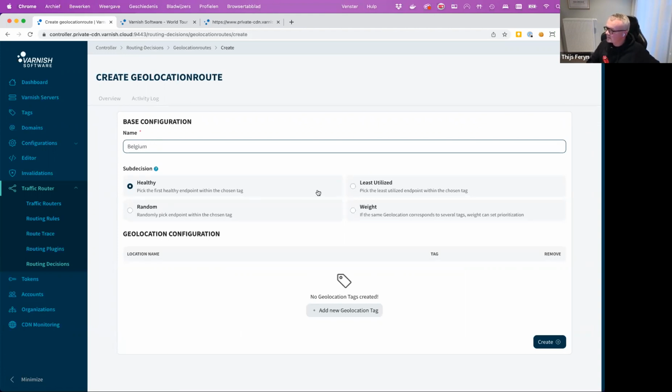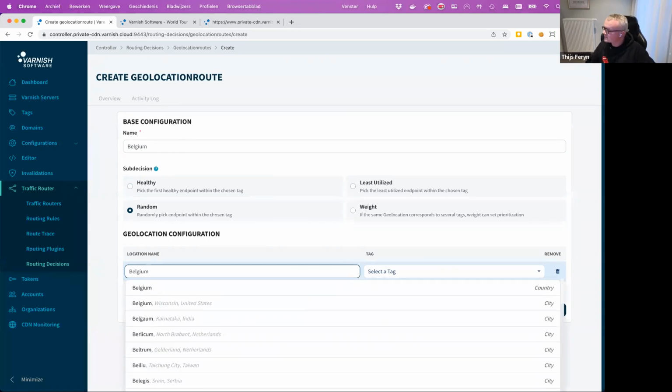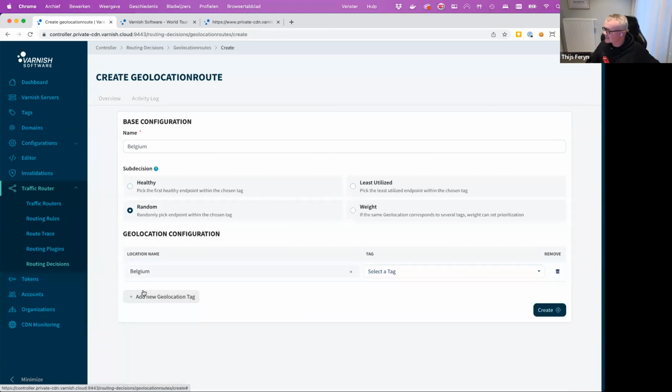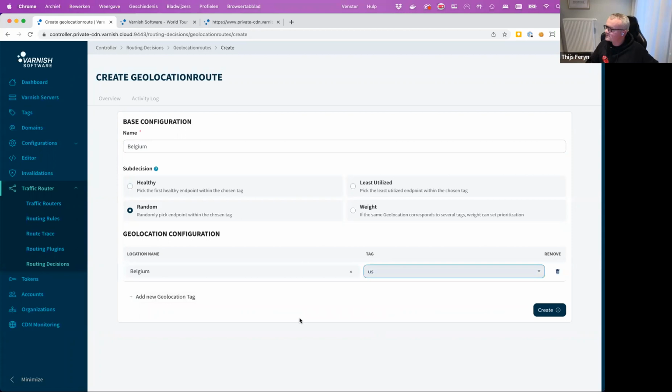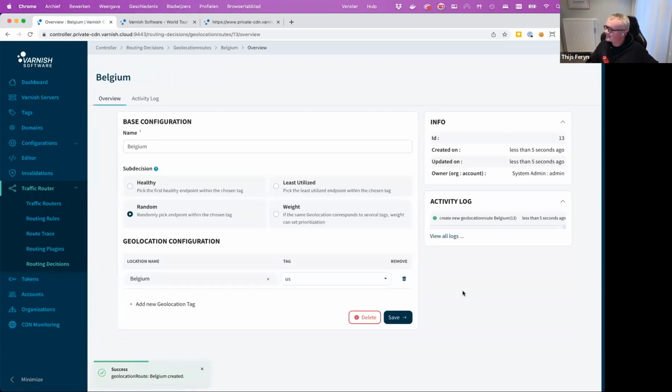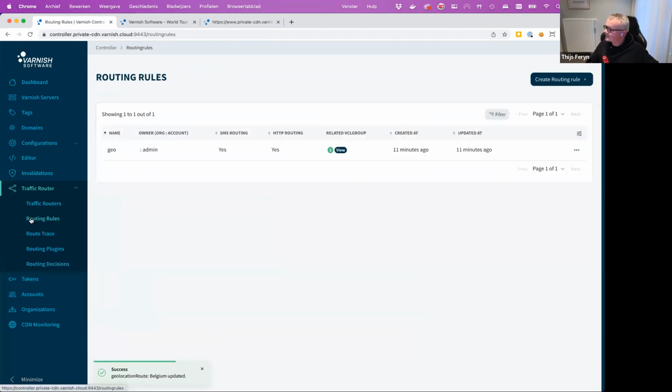I'm going to pick a random server, and I'm going to make sure that this only matches when I'm in Belgium. There's a couple of Belgiums here. There's Belgium, Wisconsin in the United States, but there's the country of Belgium where I'm located. We're going to pick that. And whenever we're locating someone in Belgium, instead of following the default rules, we're going to override it and send those people to the US. I'm going to do that. So we create that decision, save it,